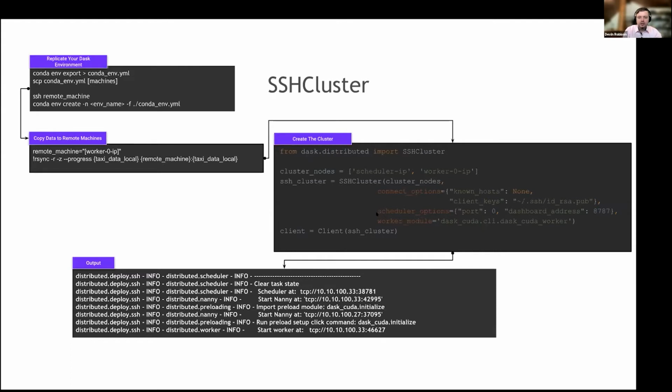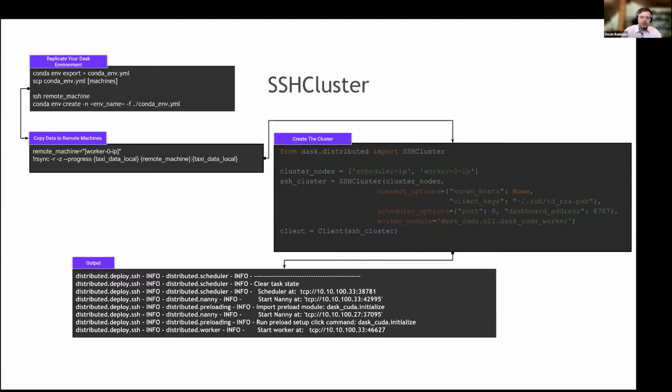RSA secret key. And then we again wrap the cluster we've created with our client, and you'll see something like this, where you see the scheduler come up, and then you see the individual workers being started and connecting back to your cluster. And that's essentially it. Once we've done that, we're back to the same place we were with the local CUDA cluster. All of the commands are going to be the same to train our XGBoost model, conduct inference, and all those